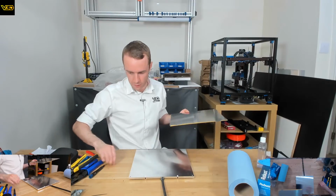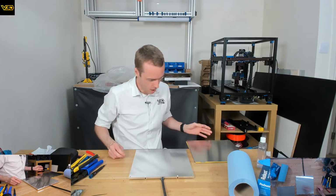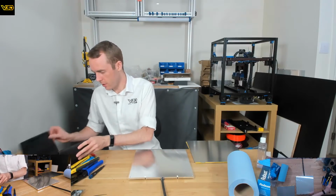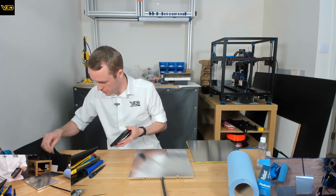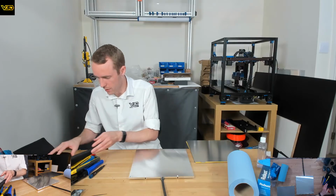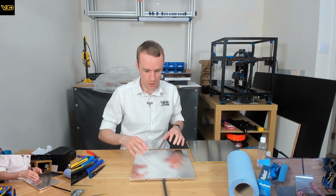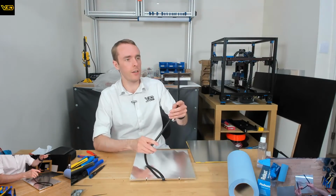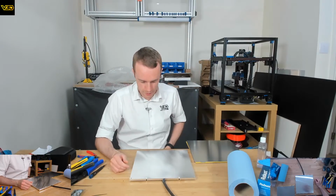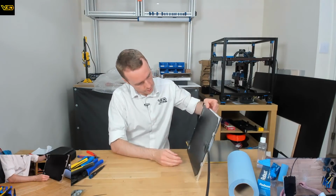Okie dokie, so I've just gathered a bunch of bits because we're going to do the bed surface. I think I need to do it before I carry on with any more wiring, because bed wiring needs to be done, and to do bed wiring, because I'm going to be wiring it in, I'd like to get it completely assembled. So